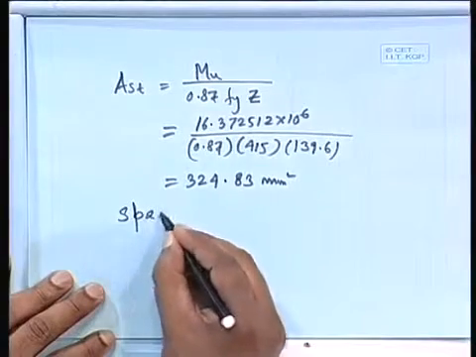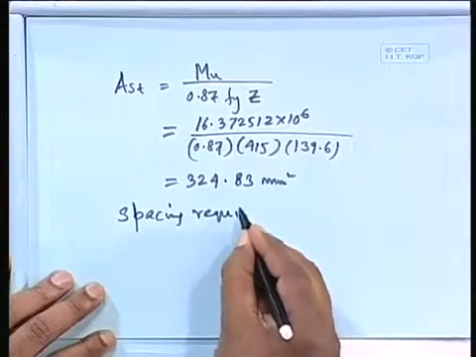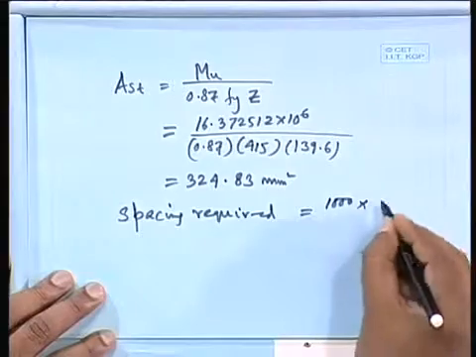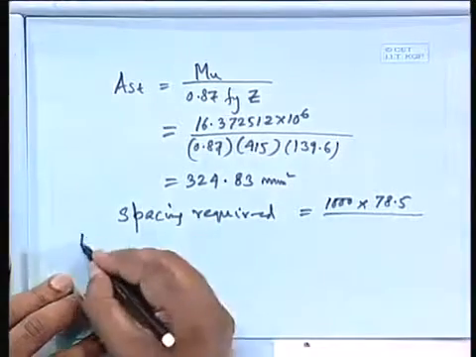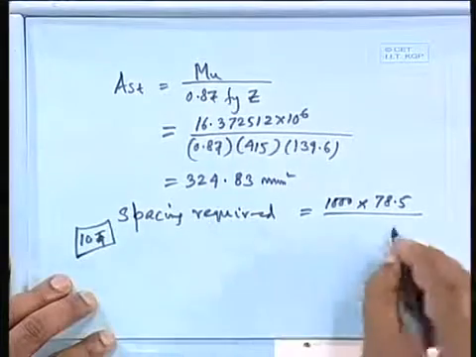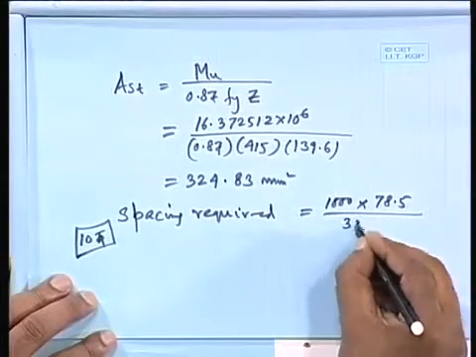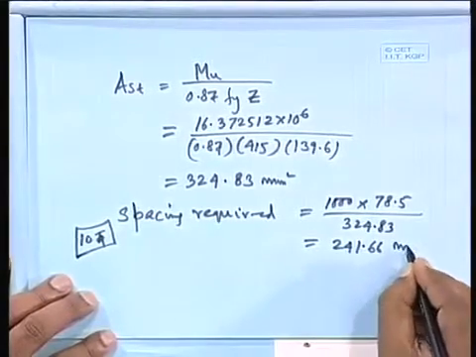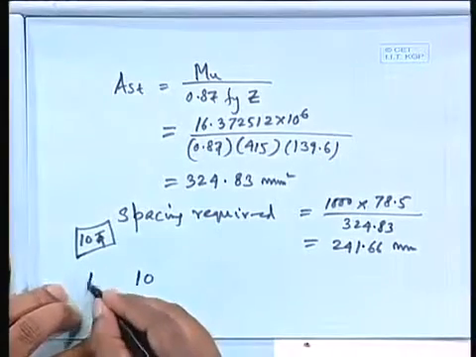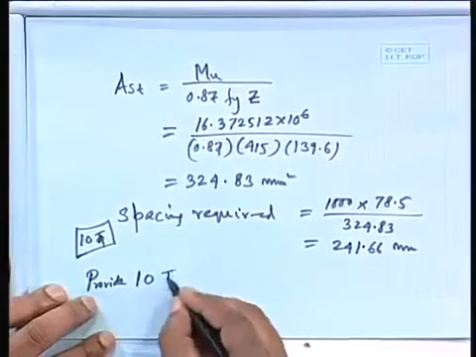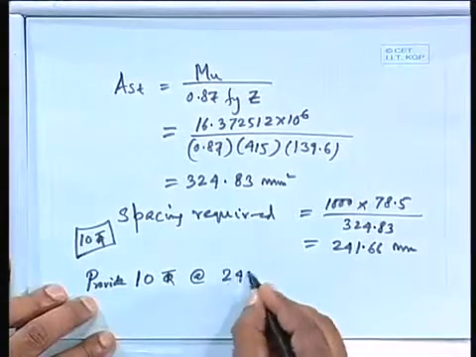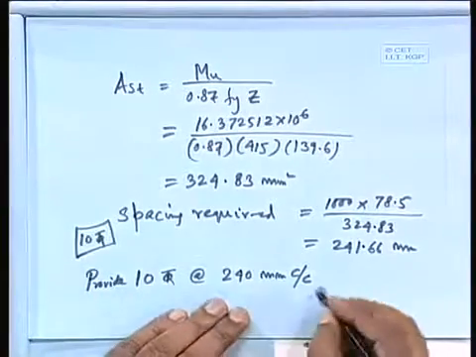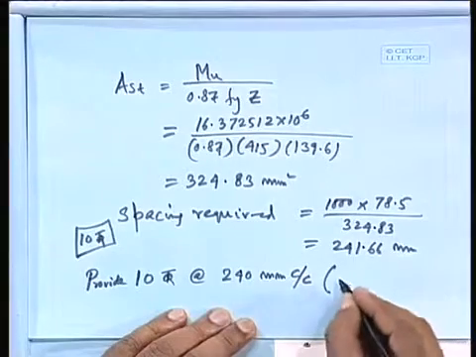So spacing required equal to 1000 times 78.5. I am using the 10 torr. So 78.5 divided by 324.83 comes as 241.66 millimeter. Let us provide 10 torr at the rate of 240 millimeter center to center. We can go little less also, but anyway, so which is coming as Ast